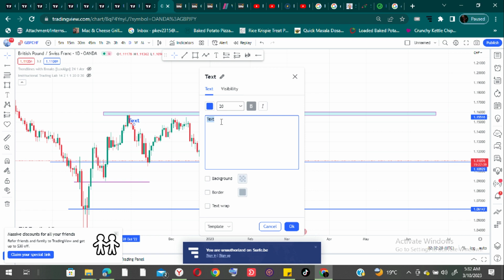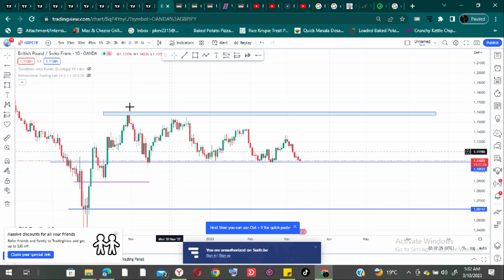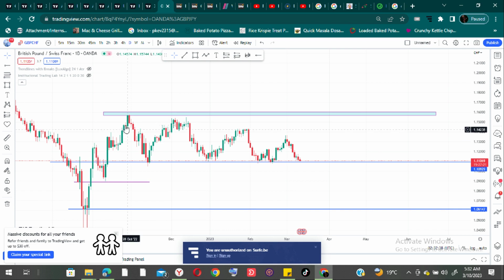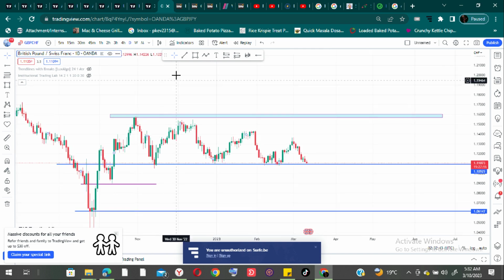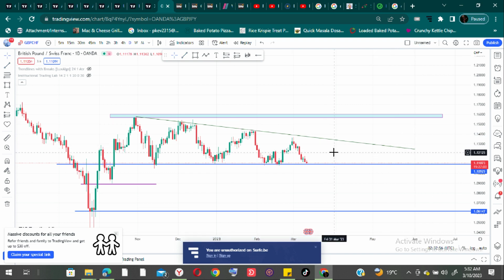One thing you need to pay attention to is also the patterns in the charts, right? You notice, let me quickly show, what the market literally created was a descending triangle. And what happens in a descending triangle? You'll always find the market coming up to this level. Why is my cursor not working? You'll find that the market will come to this level, bounce right back down, come back,